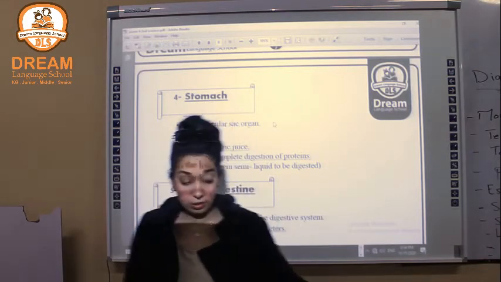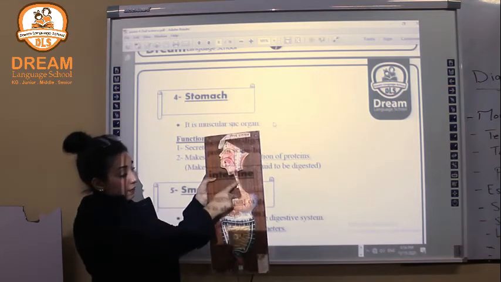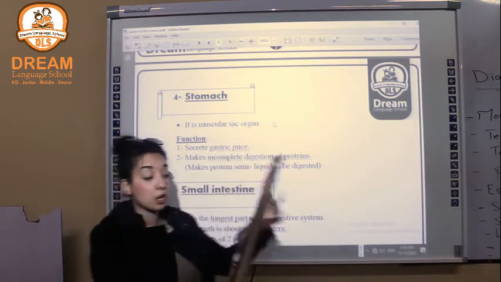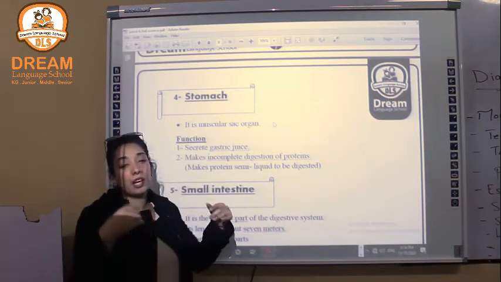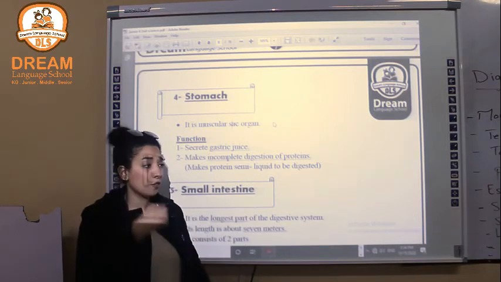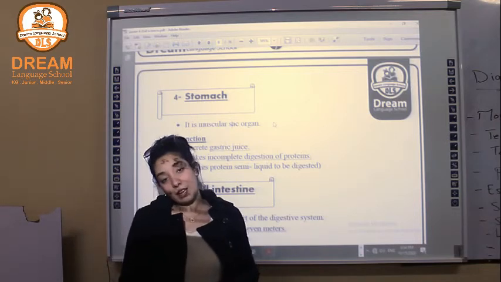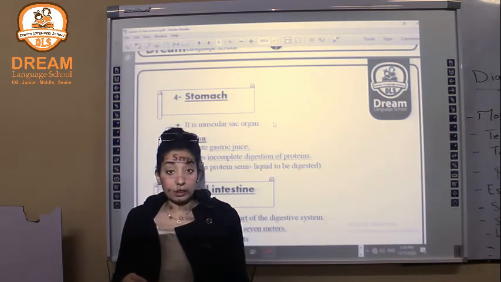Now the food has a journey from the mouth, pharynx, then to the esophagus. It reaches the stomach. The food will take a nap in the stomach. Why? Because it's very tired from this journey, from mouth to the stomach. It's a very long journey, so it will take a nap in the stomach. When the food is sleeping now at the stomach,